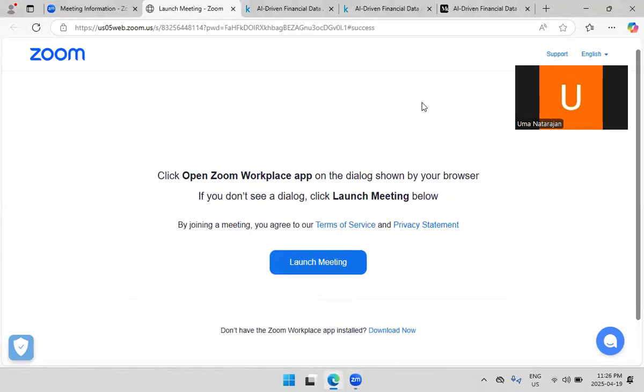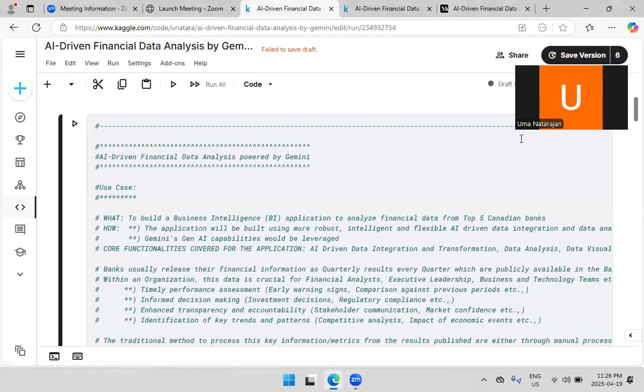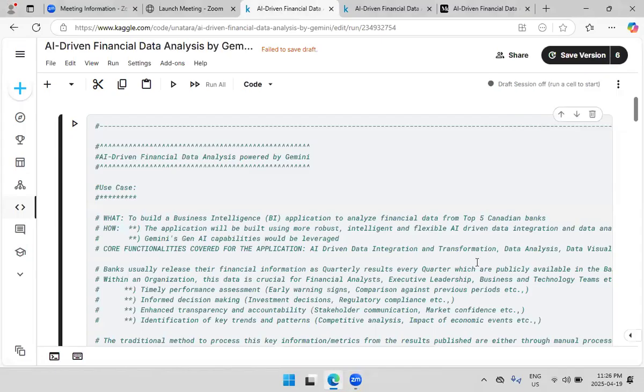All right. So today we will be developing a capstone project called AI driven financial data analysis, which would be completely done by Google Gemini. So the use case is that we are going to more or less build a business intelligence kind